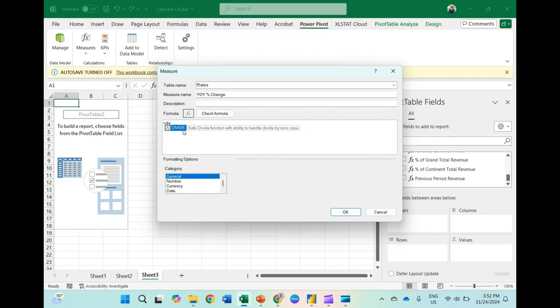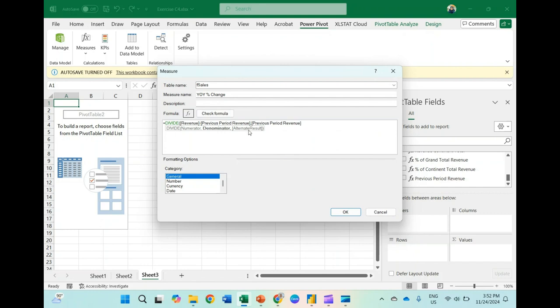Divide revenue minus previous period, so the difference between current revenue and the previous revenue, this is the numerator. Divide by the denominator, because the percentage of change must be based on the previous period. So Previous Period Revenue.